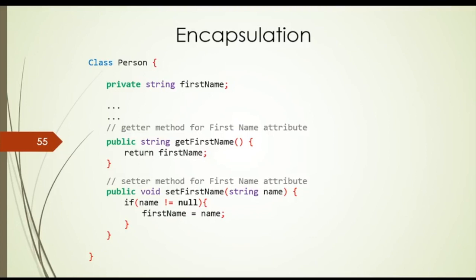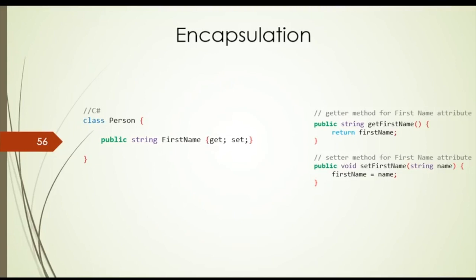So think about that. If you have more validation, like you want to check some format or check some pattern and then keep the data, it's the best practice. So that when people change the data, you can check that it is in the right format or right pattern, and then you save it to the database or save it to your field. So this is how encapsulation is done. These are known as getters, and the set methods are known as setters.